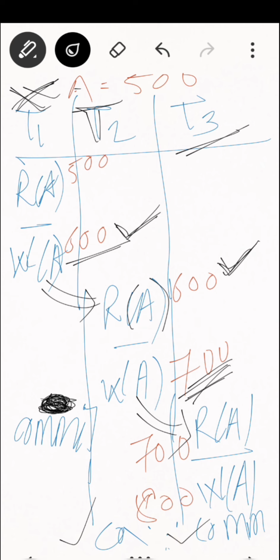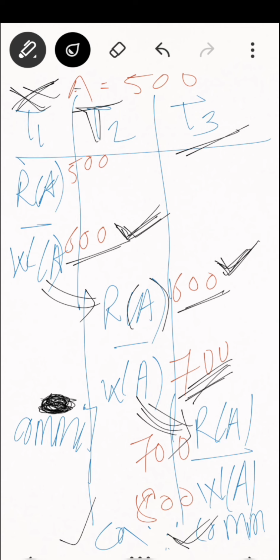आता बघा यामध्ये प्रॉब्लेम काय आहे की ही ₹600 घेऊन, this transaction T1 has never updated to ₹600, but this T2 transaction is referring to 600, and by referring to 600 it has got committed, right? म्हणजे चुकीची व्हॅल्यू अपडेट झाली डेटाबेसमध्ये. In the same way this value has been referred by the transaction T3, right? You can see here this particular transaction T3 is referring the ₹700, and it has also got committed, right? So it is a complete inconsistency, because whatever the values these transactions are referring, those are incorrect, right?